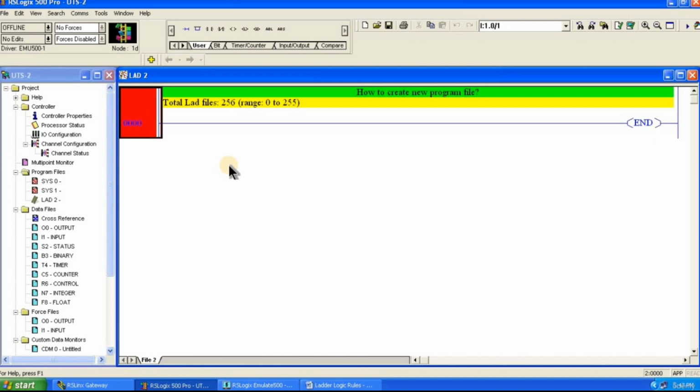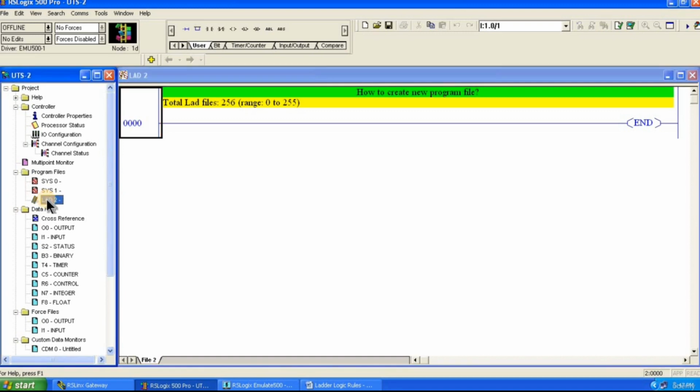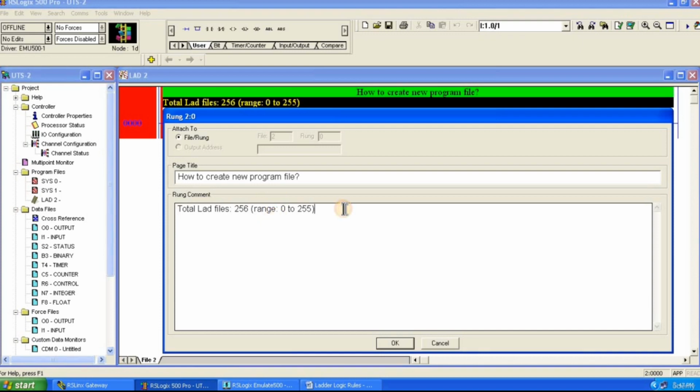If any fault occurs in any of the traffic control systems, we cannot observe or monitor it properly. So in order to avoid this complexity, we have the rest of the program files. After LAD 2, we can create a new program file like this. LAD 2 is nothing but the main user file,